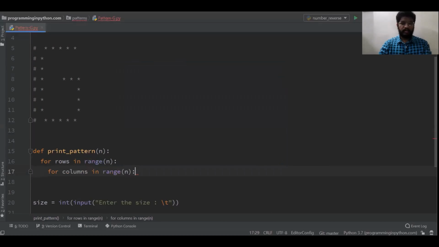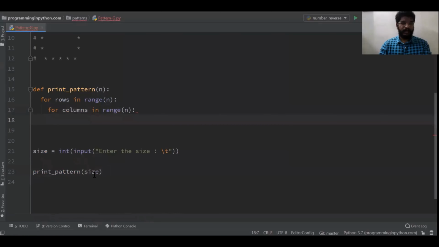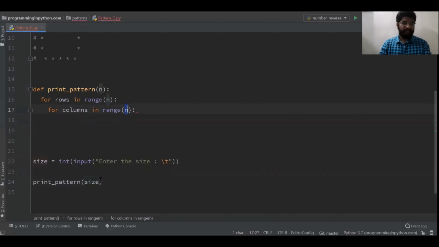Here n is the size which we have entered. If you enter a size of 5 or 4, n is the size which you are given.